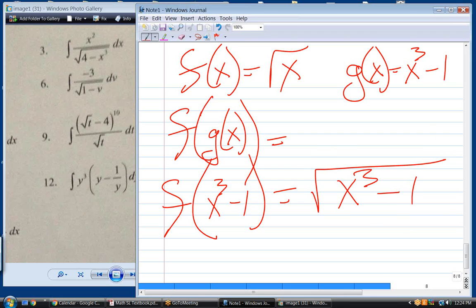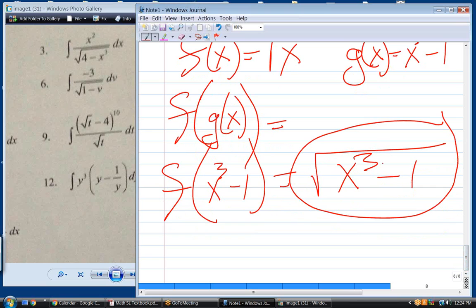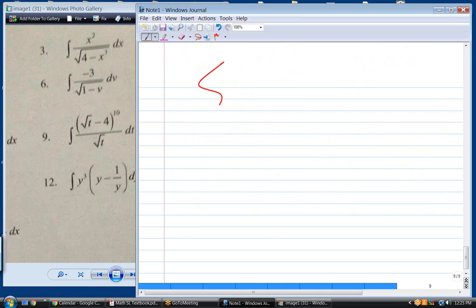In other words, when you see something like this, where you're going to have an inside, you're looking at a composite function. If in the perfect scenario this is being multiplied by g prime of x, then you have a perfect U substitution problem. If I say, have you had trig function derivatives yet? You have, right? Yeah. If I have this,